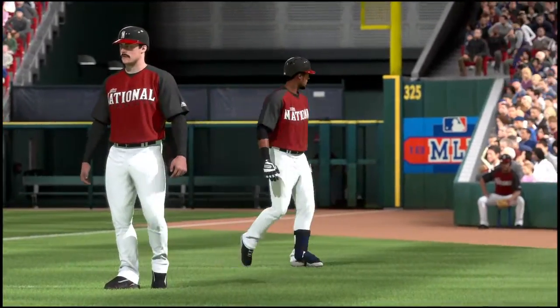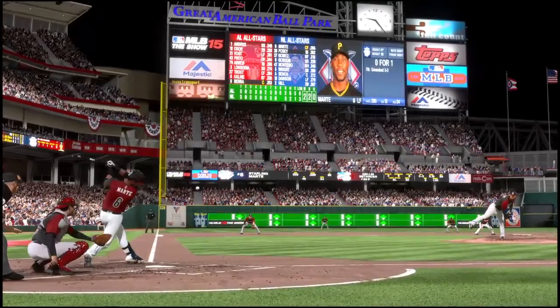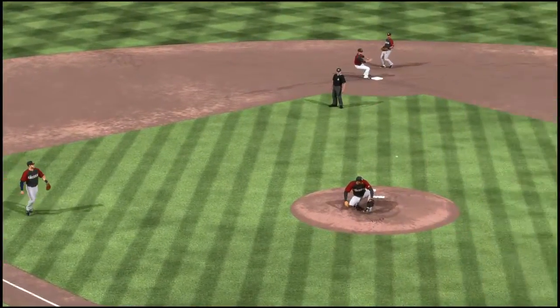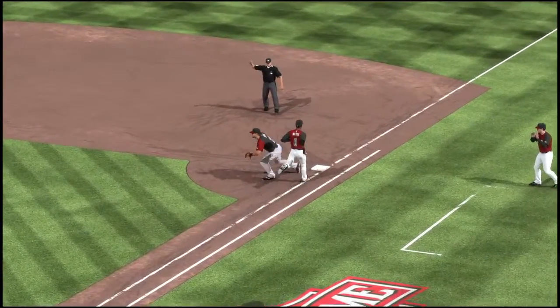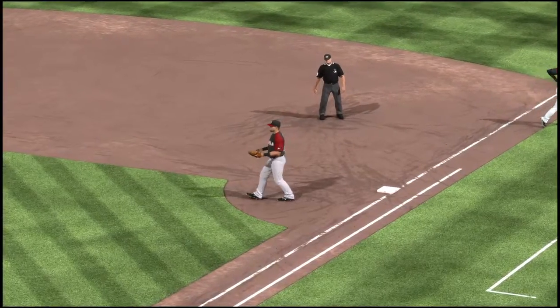Well, this is a perfect example why these guys are losing this game. You get the leadoff double. If this ground ball goes to the right side, it's a productive out, and you get the man to third. But he hits it to the left side. It's a complete waste of an at-bat.